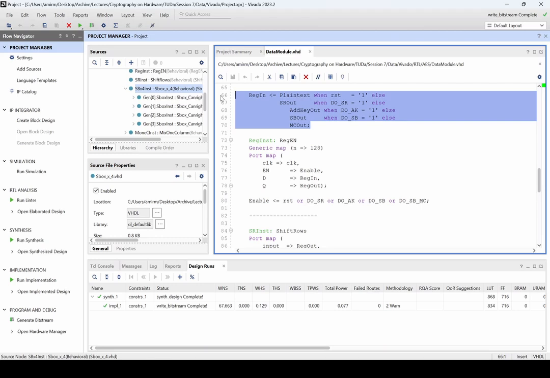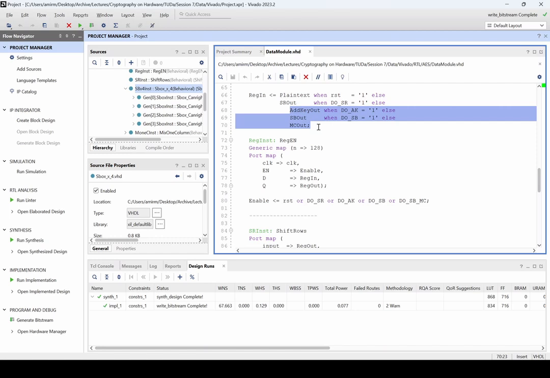Therefore, you should pay particular attention to how to use the multiplexers. For example, here, part of the inputs of this multiplexer are the same, meaning that when we do the add round key, subbytes or mixed column, just 32-bit inputs are different. The rest, 96 bits, are completely the same for the add round key, subbytes and mixed column. And then the synthesizer already